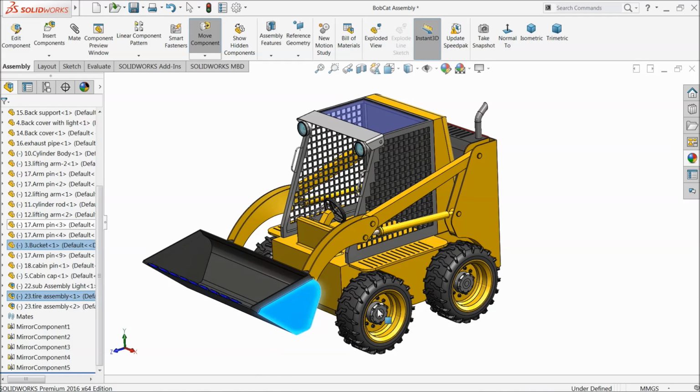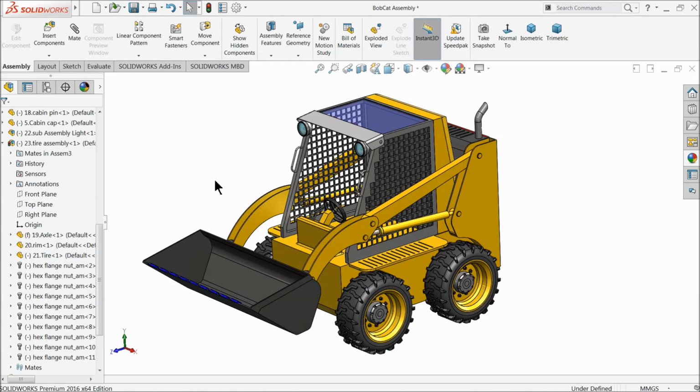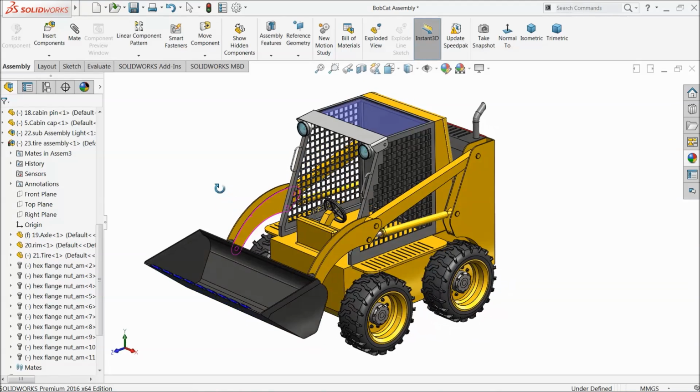You can give little animation how to, this will rotate and like this. So this is your main